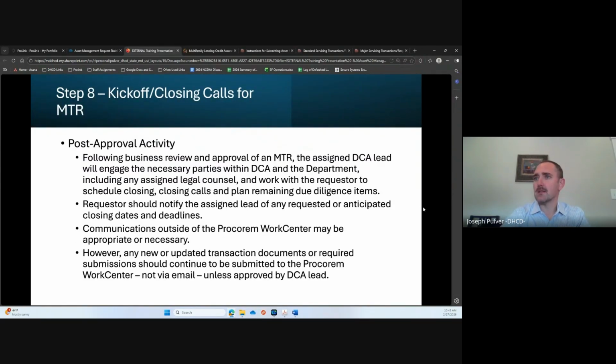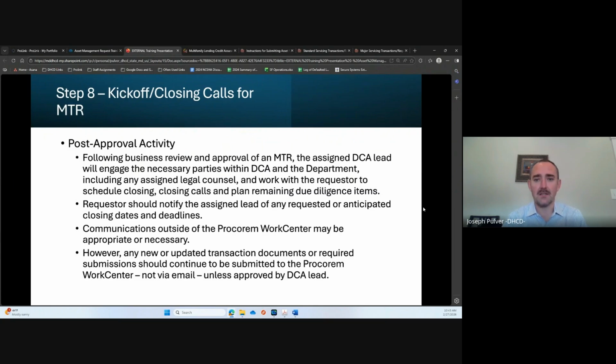Okay, and now this is going to apply more to these major transaction requests, some of the big modification of deal terms type things. We're talking here about the internal DCA business review and approval process.